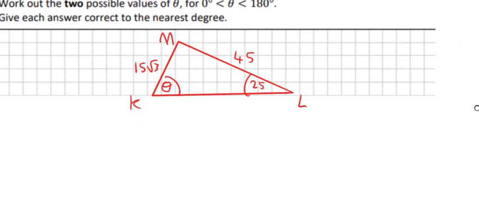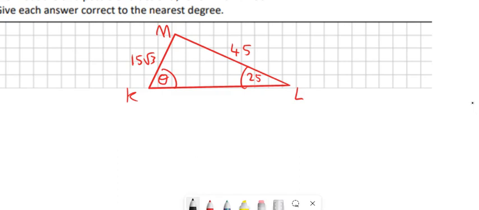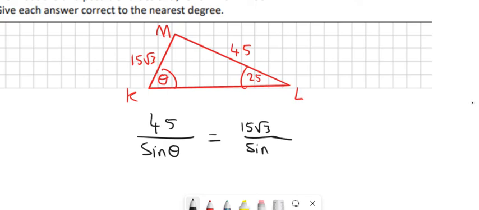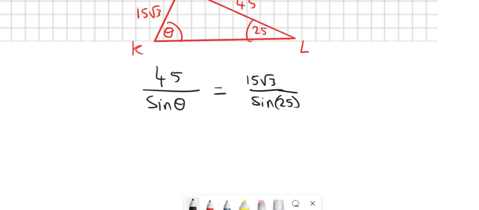And this is just going to be using the sine rule. If you take any side there, take the 45 first, so 45 divided by sin of the angle across from it, which is theta, and let that be equal to another side, so we'll take the 15 root 3 and divide that by sin of the angle across from it, that's 25. And that's how we set up our equation, and now we can just solve for theta. I'm going to cross multiply, so 45 times the sin of 25